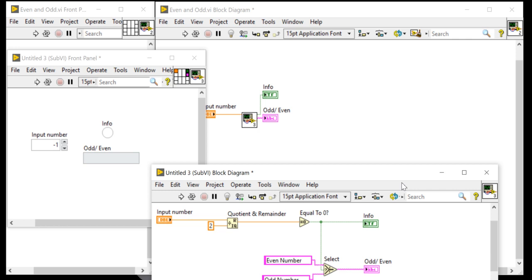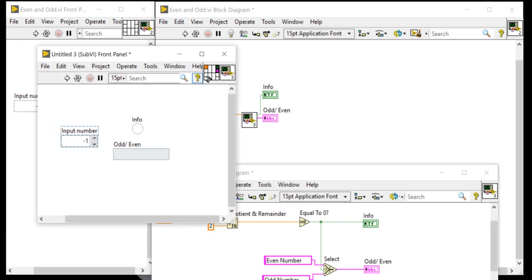So now look here. At the right top of the sub VI front panel you will get this connector pane. Using this connector pane, you can assign which pin will be the input pin and which will be the output pin.